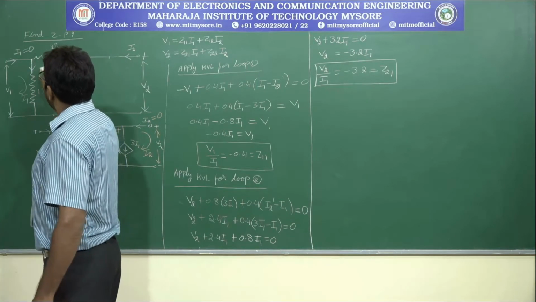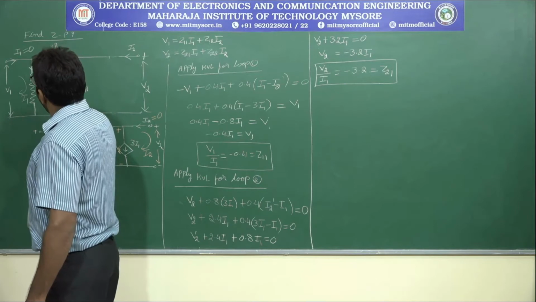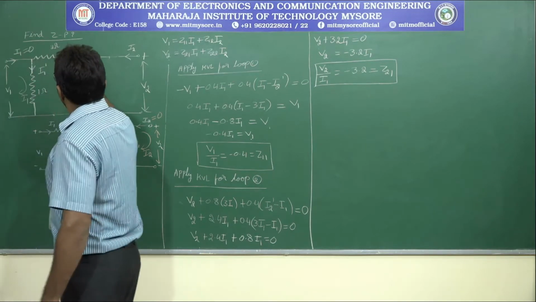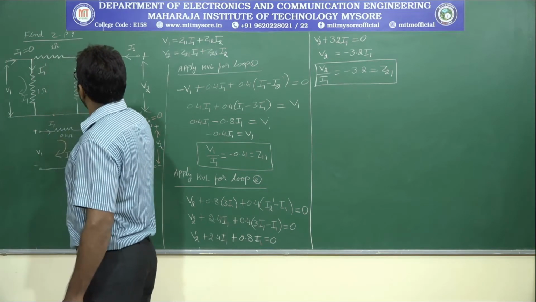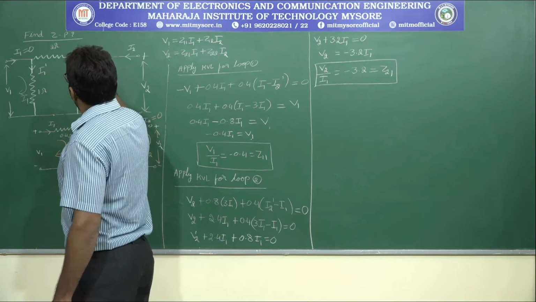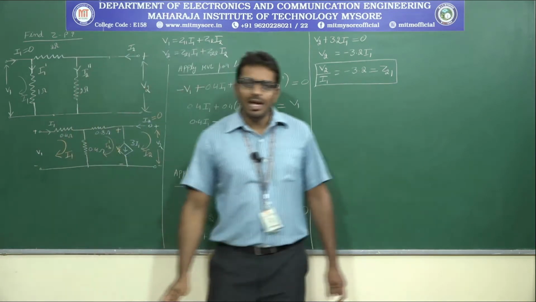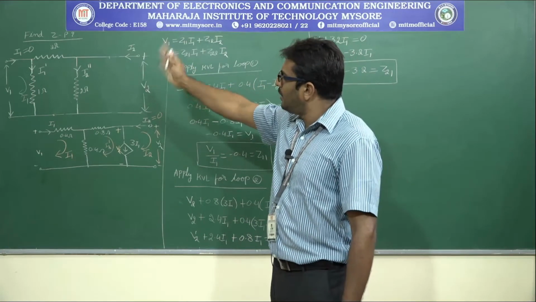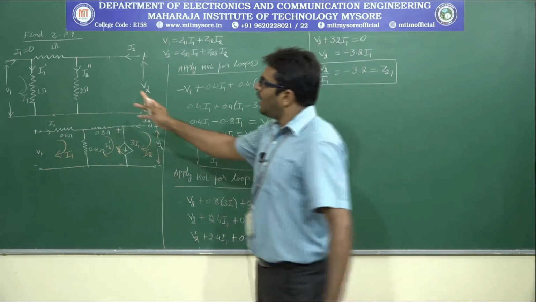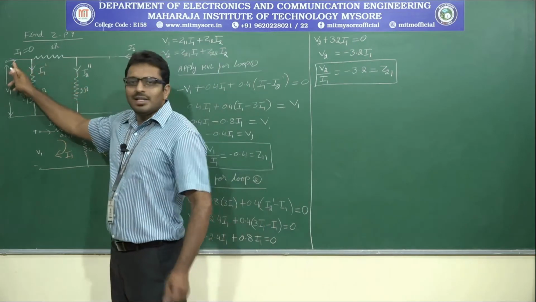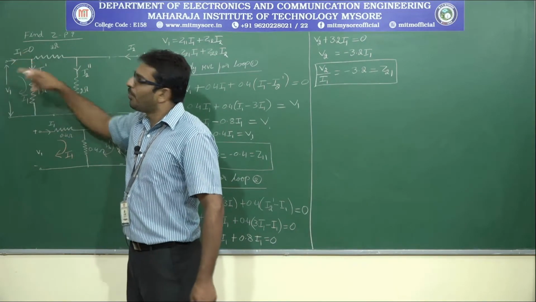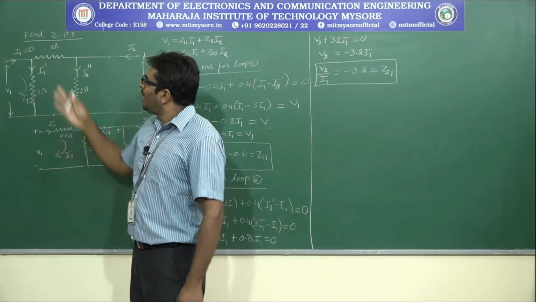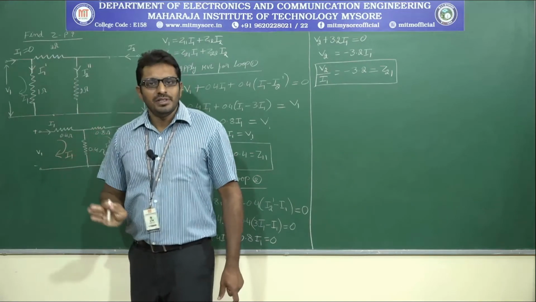Now, in order to obtain these two parameters Z12 and Z22, let me mark the current flowing through the 1 ohm resistor as I1 dash. The current through this 2 ohm resistor is I2 double dash. You can represent it by any variable. Let me represent it by I1 dash and I2 double dash. What is the current at this path? 0, because the input port is open circuited, therefore I1 is equal to 0.